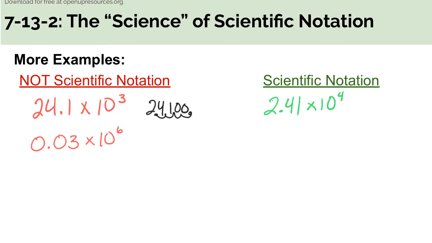Okay, our next example is 0.03 times 10 to the 6th. Again, not in proper scientific notation because right here I have a 0 to the left of the decimal. So to figure this one out, again, if you want to expand it out, that is perfectly fine. It would look like this. And that would simplify to 30,000, which if I wrote in proper scientific notation would be 3 times 10 to